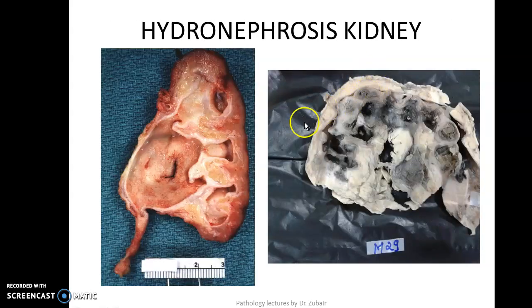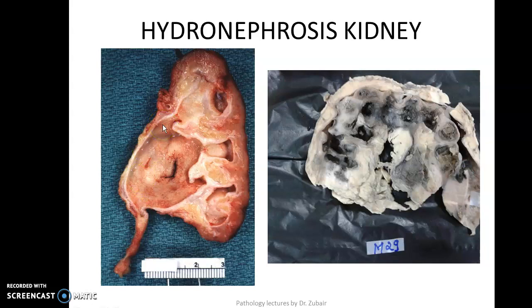Next specimen is of a kidney, and what you find here is, there is dilatation of the pelvic calyceal system. See, this is the ureter here. If you trace the ureter, you have the renal pelvis, and there is no cortex here. The cortico-medullary junction is obliterated, meaning you cannot make out where the cortex and medulla are, right? This entire thing is the renal calyx. There is no renal tissue at all. So we say there is obliteration of the cortico-medullary junction, dilatation of the pelvic calyceal system.